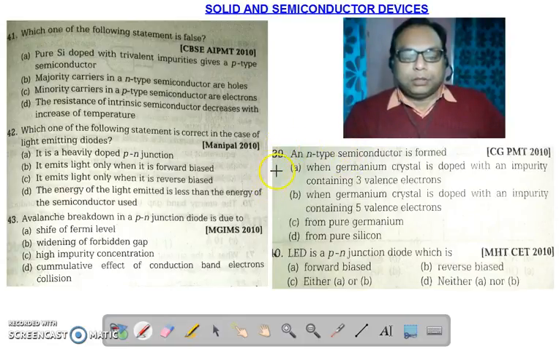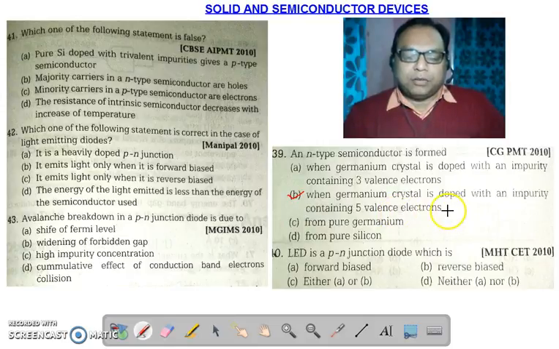Let's see question number 39. An n-type semiconductor is formed. Obviously, we have already seen the n-type semiconductor is formed due to the doping of pentavalent impurities, and a p-type semiconductor will form due to the doping of trivalent impurities. So here they have asked, an n-type semiconductor is formed. So option B is correct because when germanium crystal is doped with impurities containing